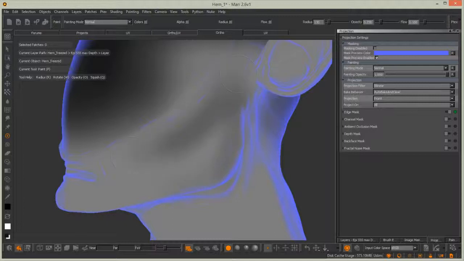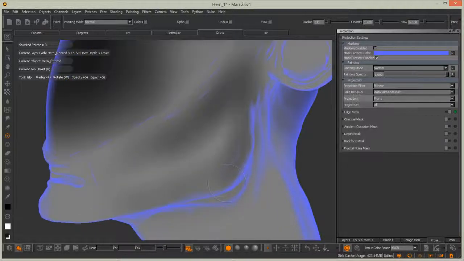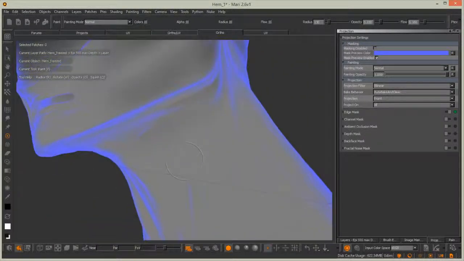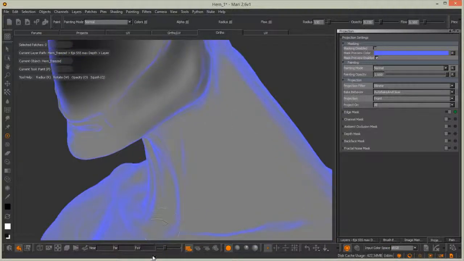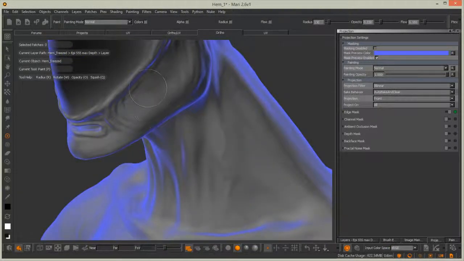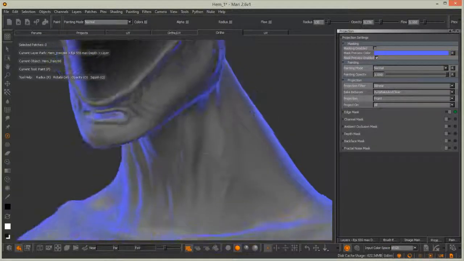Okay, and let me see, this should be painted with black, and press B to bake it. Okay, so now turn on shading, and I believe we can